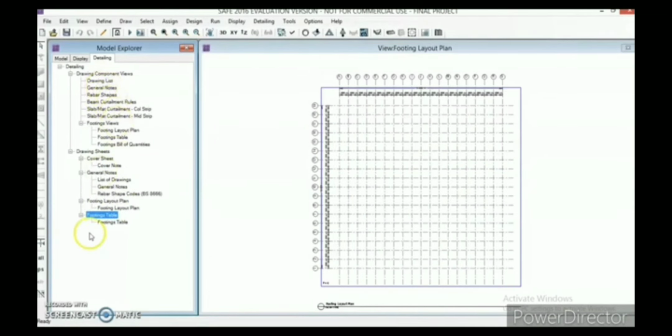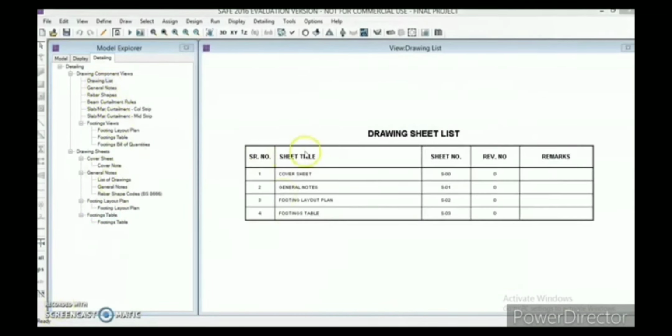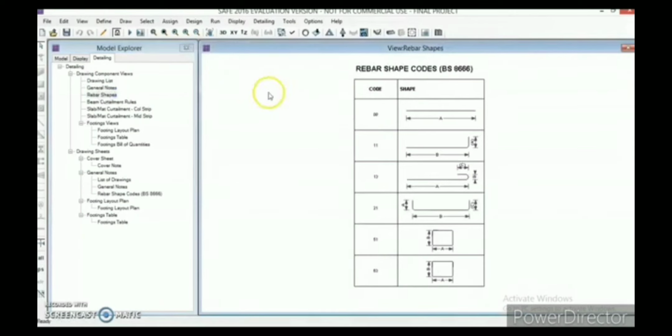Here, I went to drawing list, and this is the drawing sheet list. Even we can know about general notes and the rebar shapes, how the rebar shapes are.